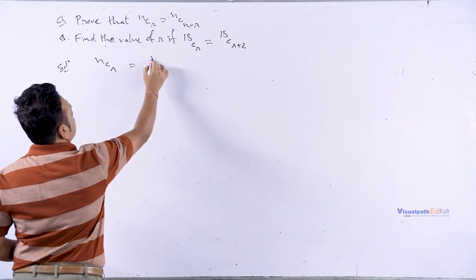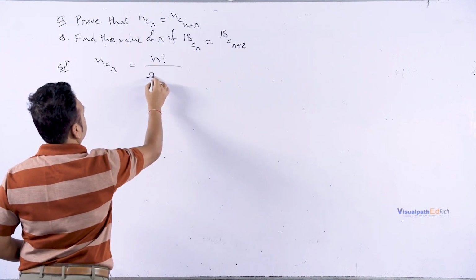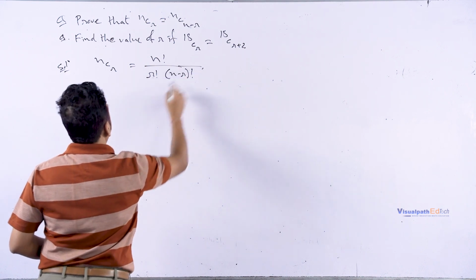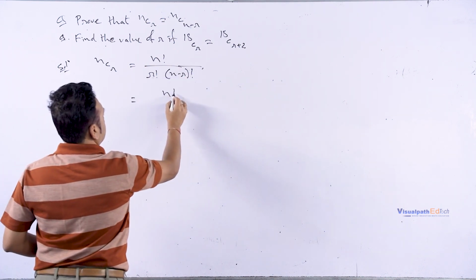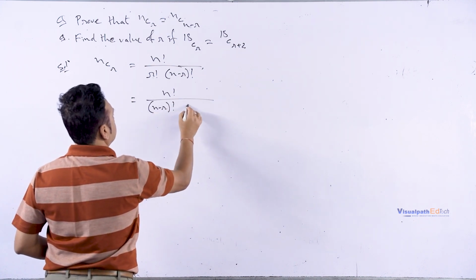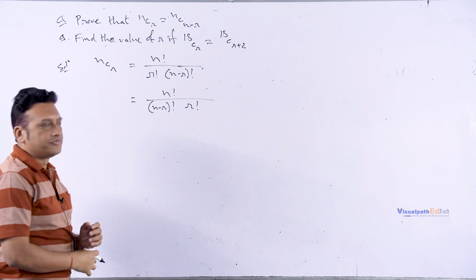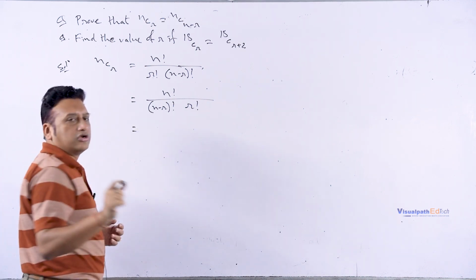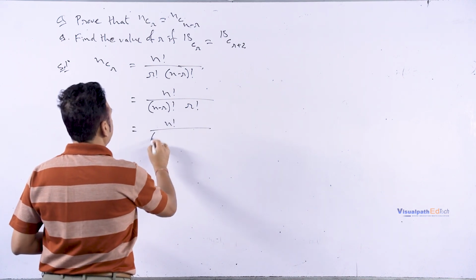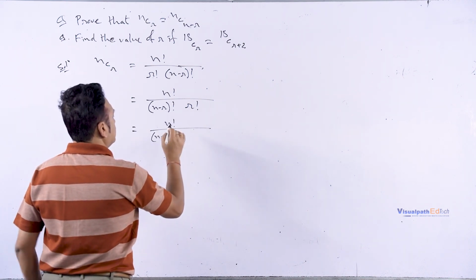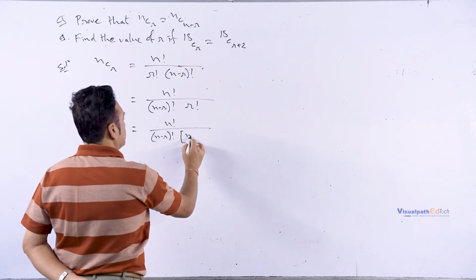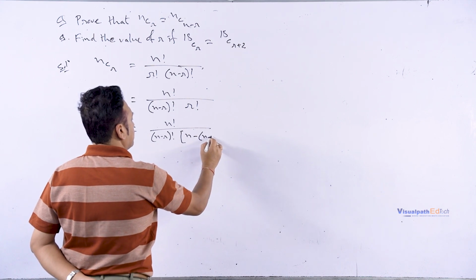nCr can be written as factorial n by factorial r into factorial n minus r. So, this can also be written as factorial n by factorial n minus r into factorial r, correct? Now, there is a slight modification that we have to do. If we write it as factorial n divided by factorial n minus r, and then in place of this, if I write n minus r,